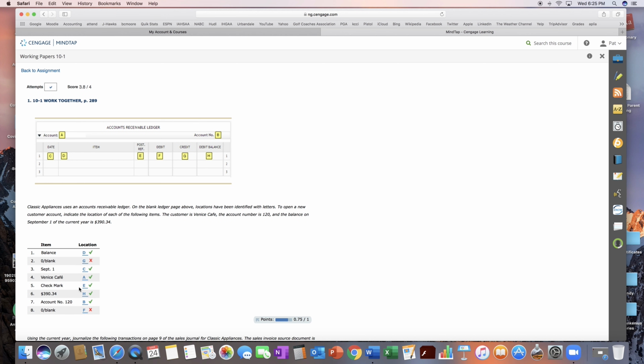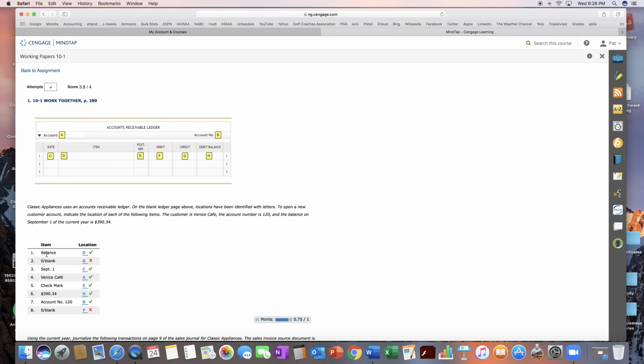Now, we had these two wrong, and we'll go over that. But like we showed you in the notes, this is where the vendor name is. This is the vendor number or the account number. This is the customer name, excuse me, when we're in the accounts receivable. The customer account number. This is the date. This would say balance when we start a new customer or when we have a new fiscal period. We would check mark it because check marks mean we don't have to post this. We leave the debit and the credit blank,